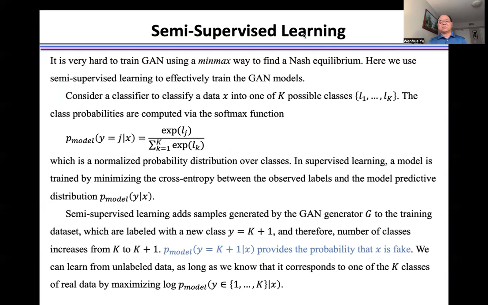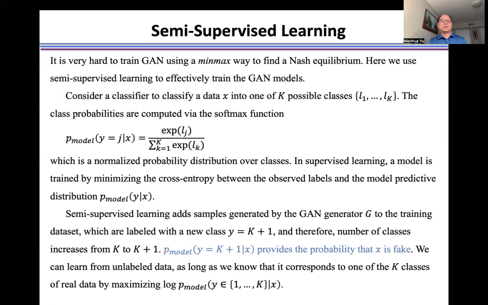Consider a classifier that classifies data X into one of k possible classes, from L1 to Lk. The class probabilities are computed via the softmax function, which is a normalized probability distribution over classes. In supervised learning, a model is trained by minimizing the cross entropy between the observed labels and the model predictive